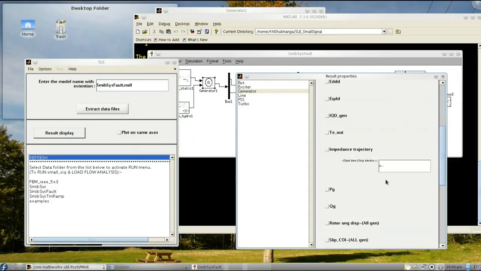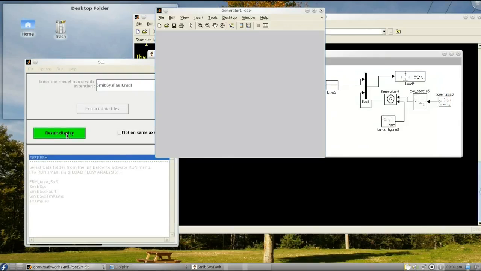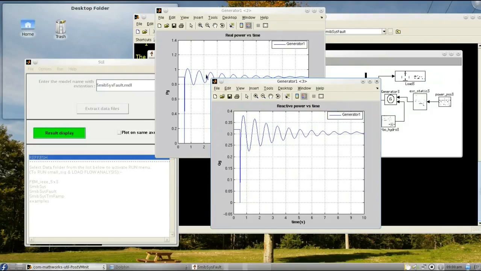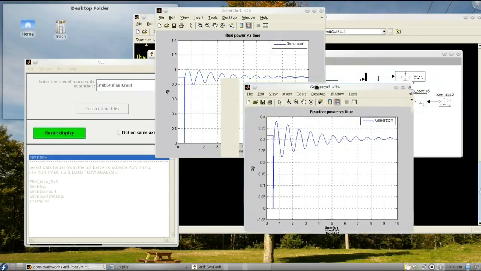So one can check for real and reactive variables as well for the generator. So the similar swing nature is observed in the real and reactive power flow variables also.